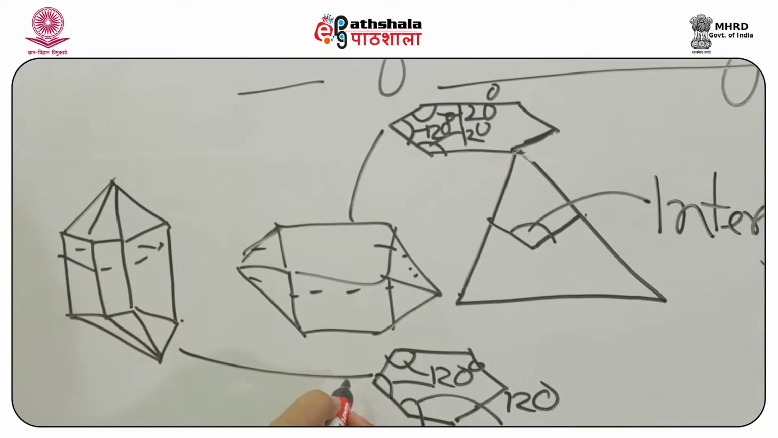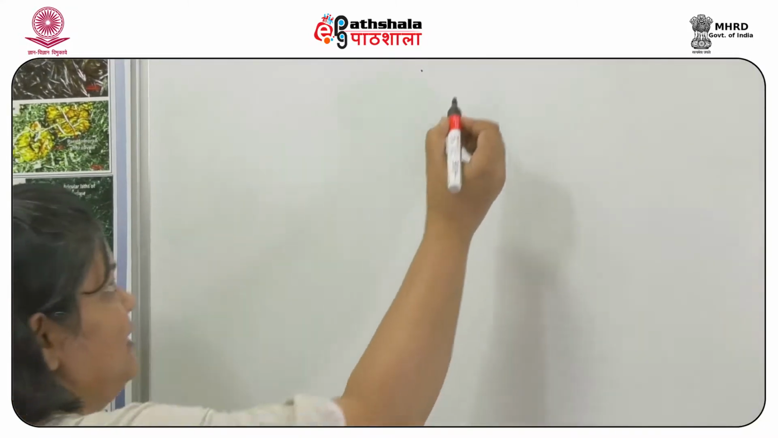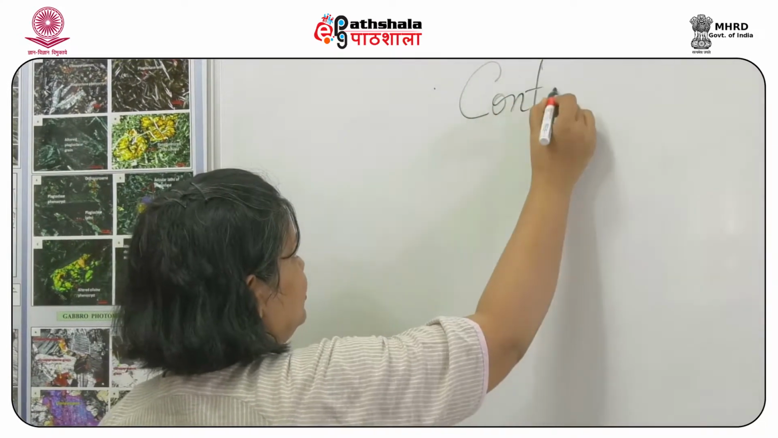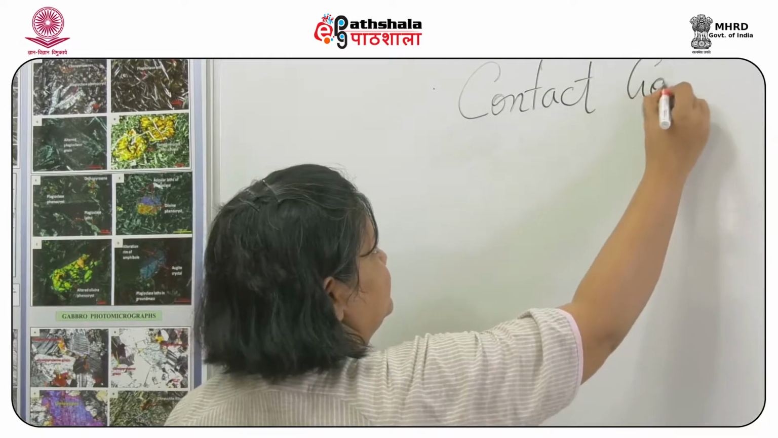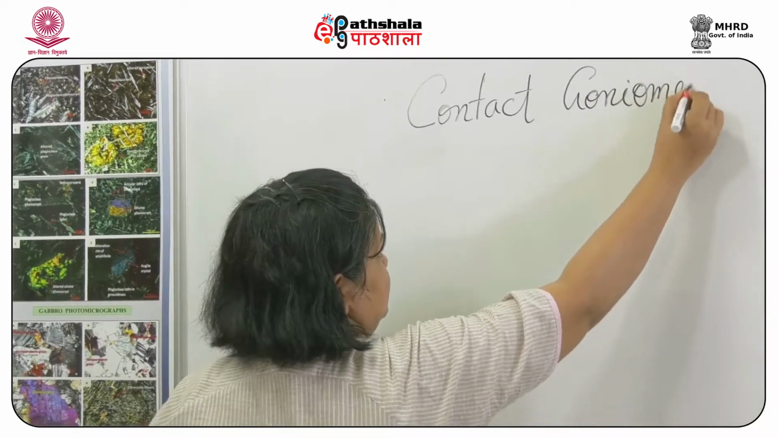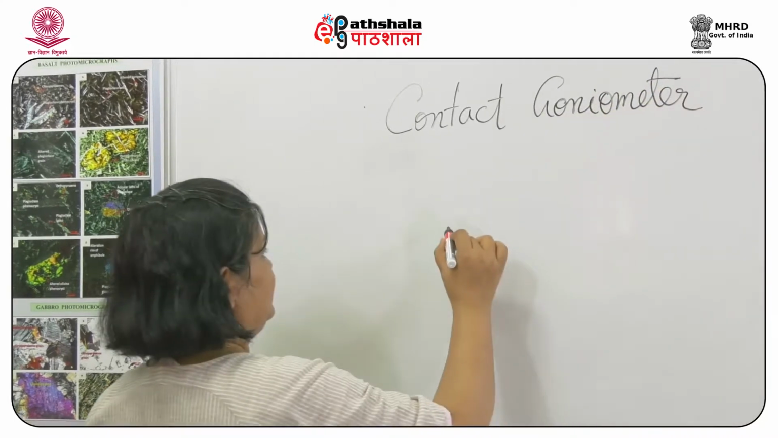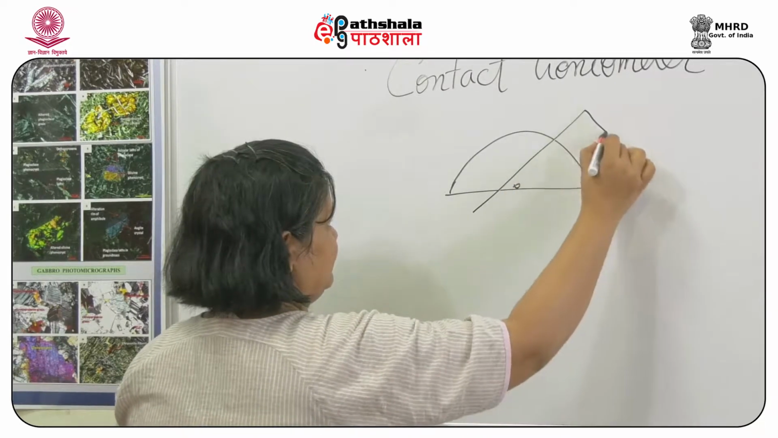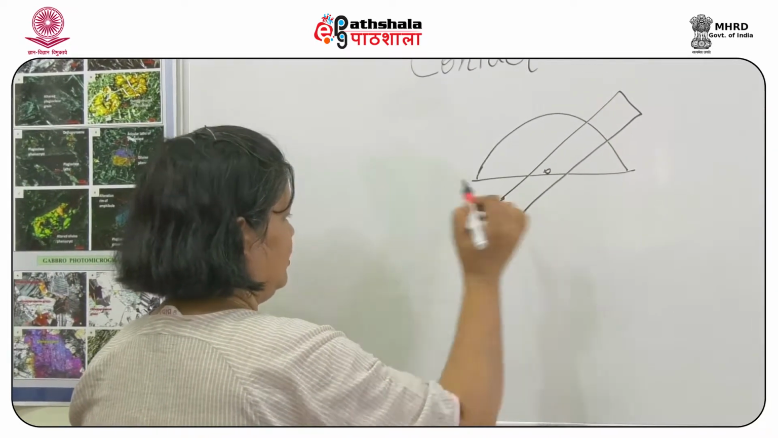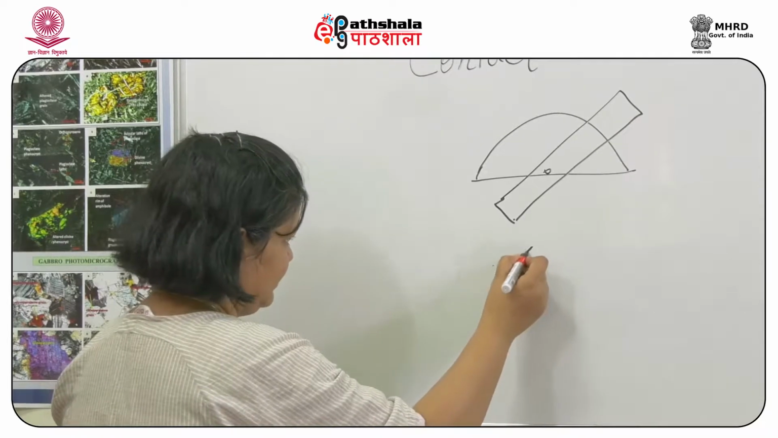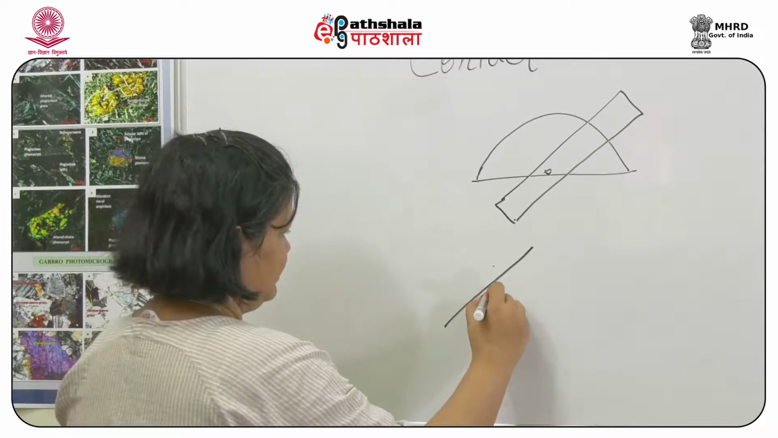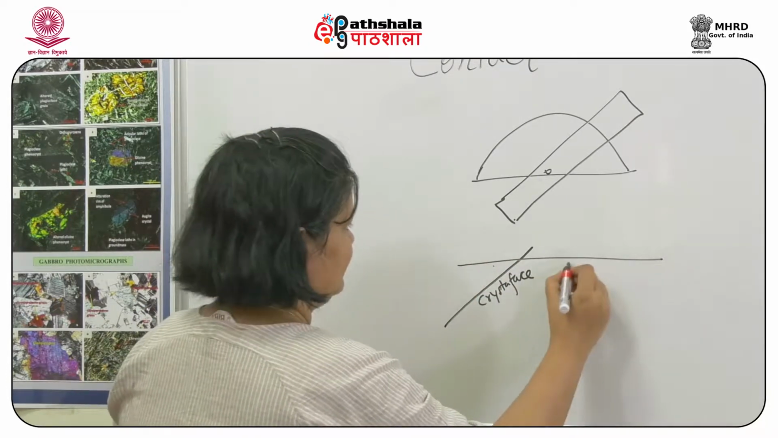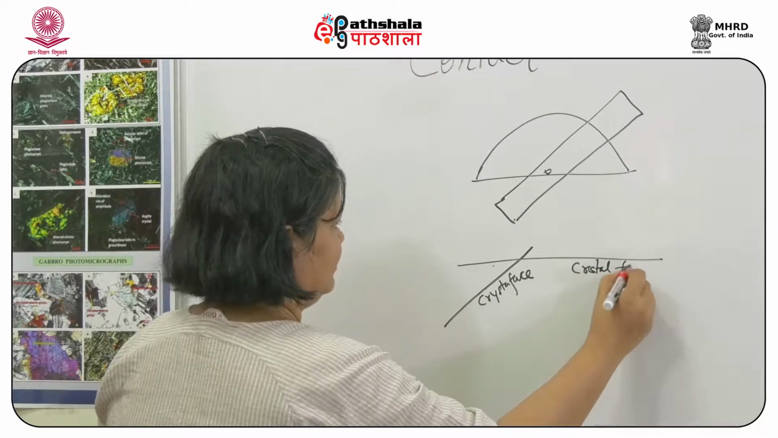So how do we measure an interfacial angle? For that we have an equipment called a contact goniometer, which is nothing but a protractor. We have this D, and attached with it we have a plastic flap. So how do we measure it? We will make this plastic flap lie on one crystal face, then the D will be adjusted against another crystal face,